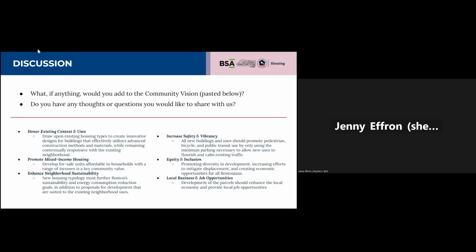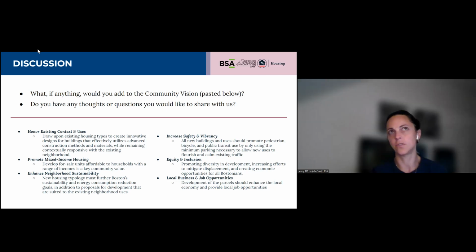I'll just add that I think that is in order to allow for proposals that are feasible as well. So not to say it has to be so small that it's infeasible. And also to know that as these proposals come in, there's a lot of community engagement that will be planned. And we are also looking for designs that are contextual to the neighborhood, so that nothing is just sticking out like a sore thumb either.